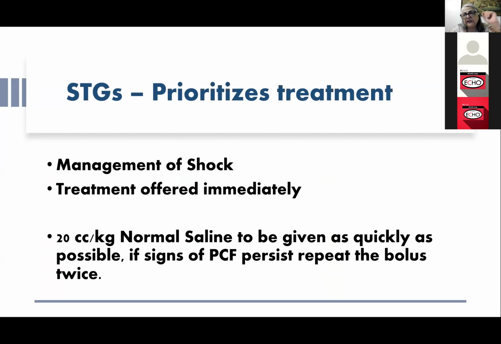For example, in a shock patient, this patient was offered a normal saline bolus, and this was prescribed correctly. But we know in shock, ensuring a patent airway and breathing is a priority. So the first 5 minutes should be for oxygen. So oxygen is the first step to be followed. Then this fluid push can be given.